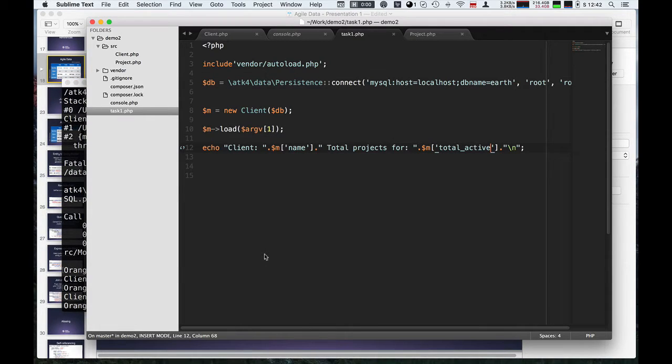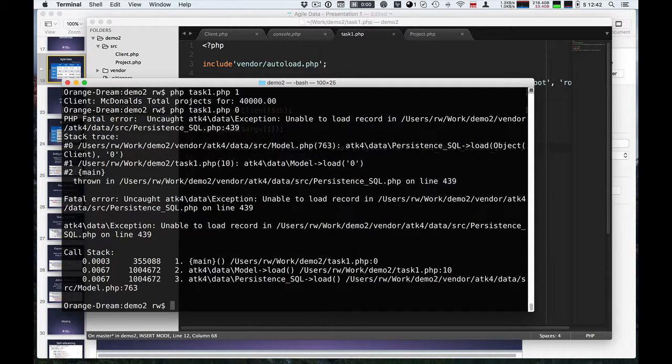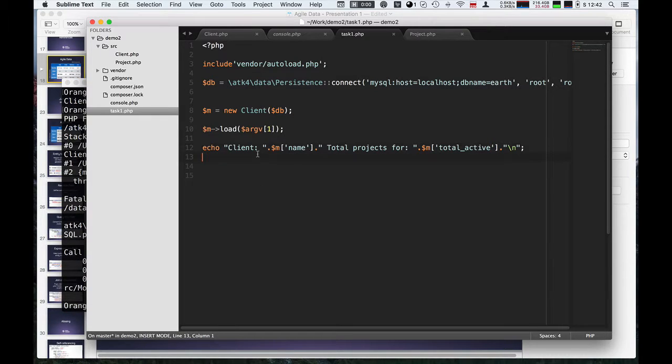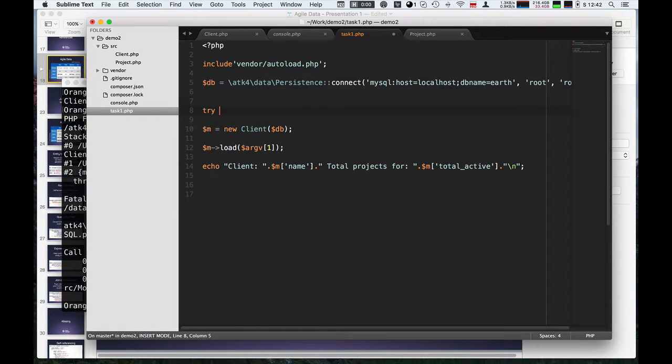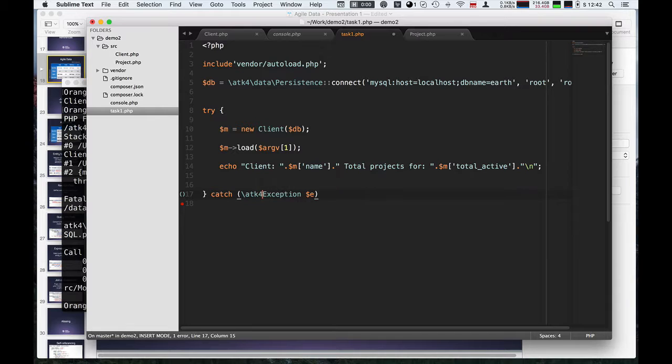Okay. My next challenge is, let's say now I specify the record which is incorrect, so we have this nasty exception. I want to have a nicer exception. And Agile Data actually has a pretty good way of displaying the errors. So I'm going to do a try catch block. And in here I need to use the AD4 core exception. And the benefit of the core exception is that I can do echo,